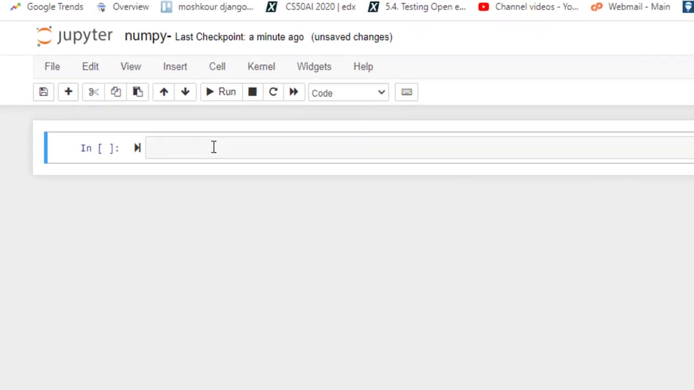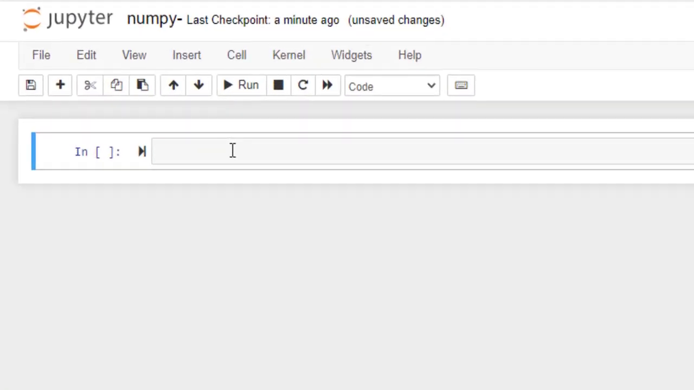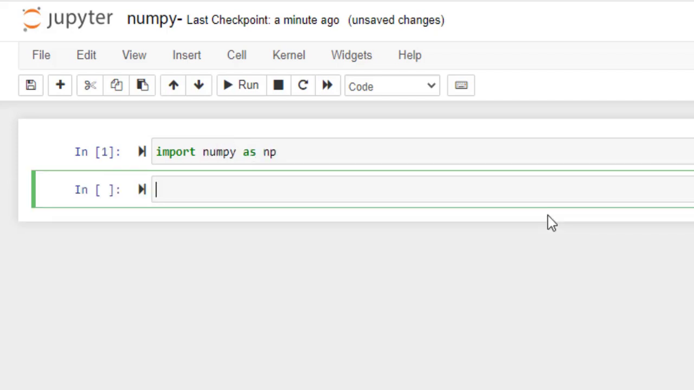Let's create an array, then select our data and change them. So I import my library np, and then I want to create a variable like a np.array,